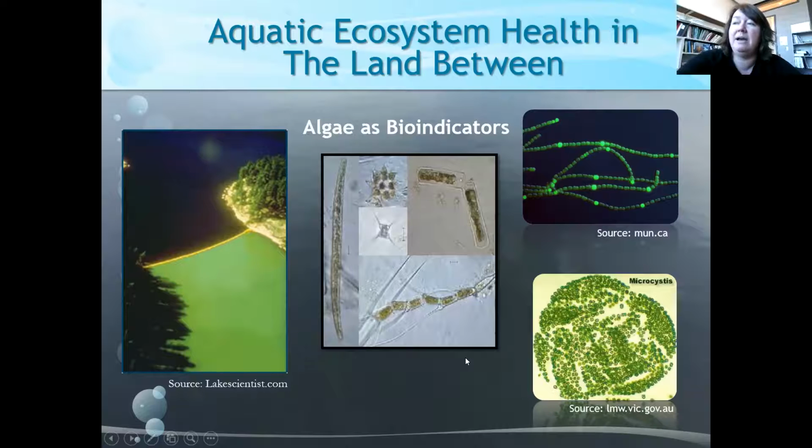And why this is of interest to us is that different algae like different conditions. So if we want to understand lake ecosystem health, we can make conclusions about, well, what kinds of algae are there? So if you have what we call a diverse ecosystem with lots of different kinds of algae, that's generally a healthy system, because it means that different kinds of algae can coexist together. There's not a lot of pollution, so there's nothing that's going to harm the sensitive algae. However, when you change the nutrients in a lake, you can change the type of algae that live there.